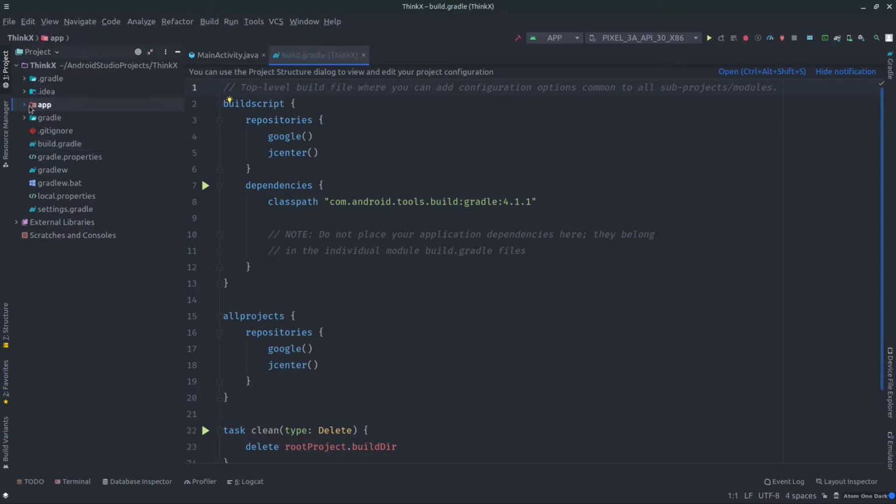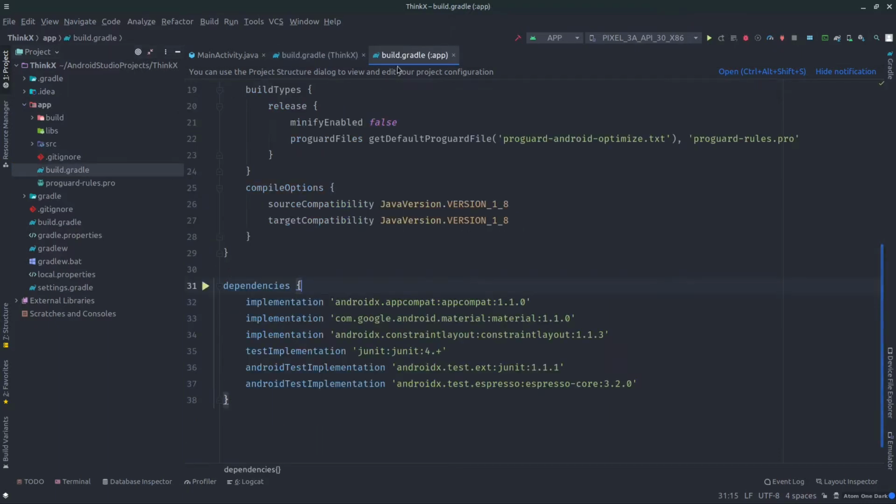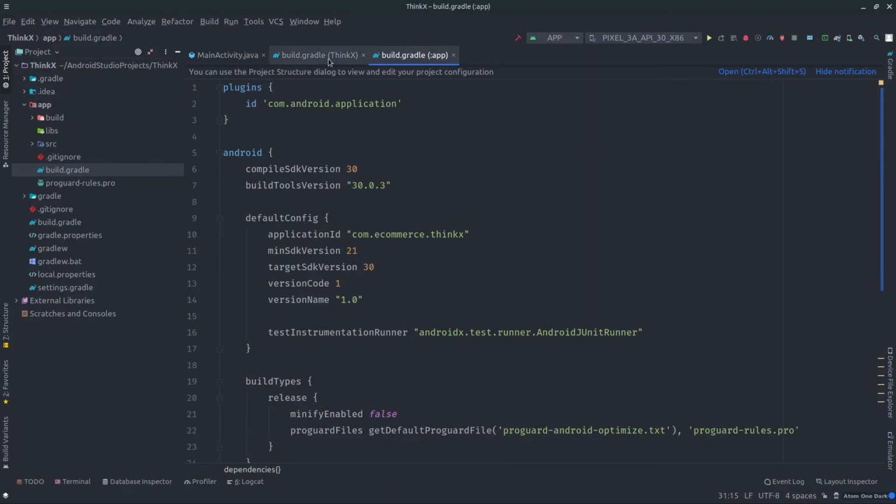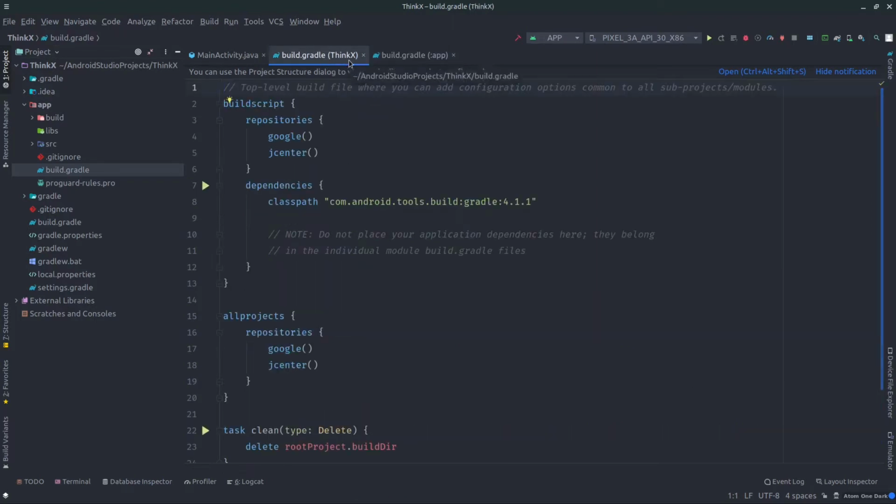Here inside of app, if you expand, you can see there is another build.gradle file, and if you double click, you can see that this build.gradle file corresponds to the app structure. So basically we have two build.gradle files. One is for the ThinkX Android project, right?